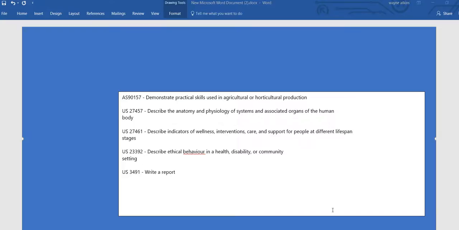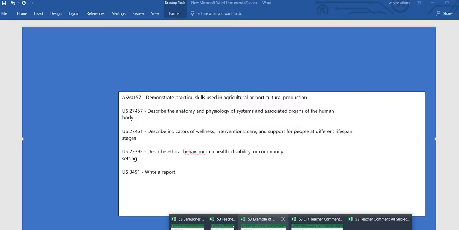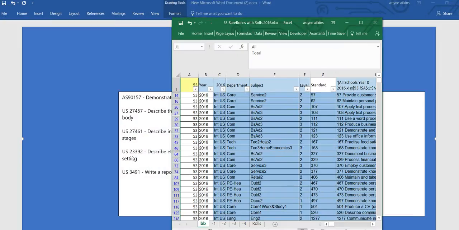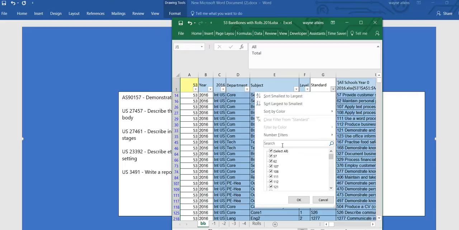This report is about finding standards you think might not be reported on. The first thing to do, I've been asked to see if these standards have been reported on. So the first thing I'm going to do is go to the bare bones and come up here. I hope the mouse is in the correct place. It should be in column G on the drop down menu, and I'm going to look for standard